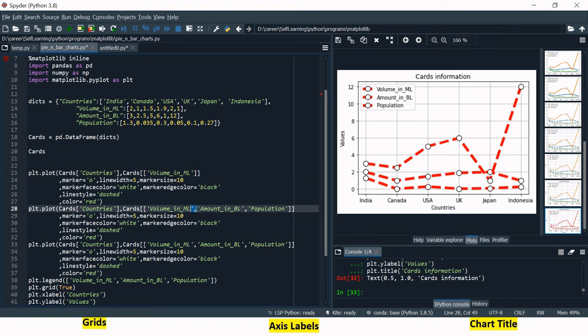From here I'll delete this and this, and from here I will just keep the last one. All right, let's see if that works with double square brackets or not. If it does not work, then we will change that. Let me change the color of each of the lines: red, blue, and green. I'm just going to make it red, blue, and green, and let's run this.